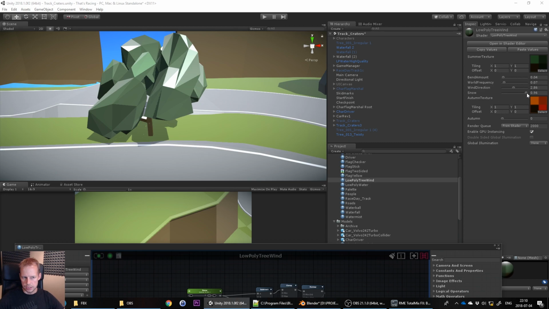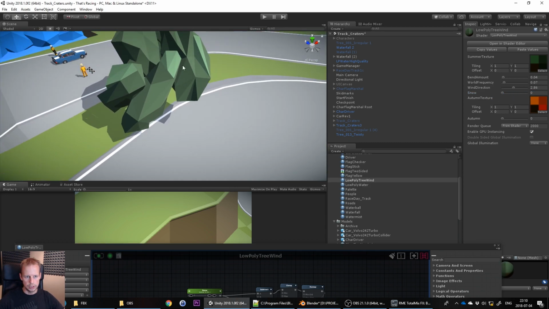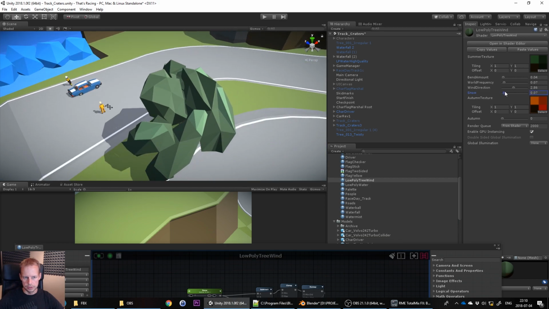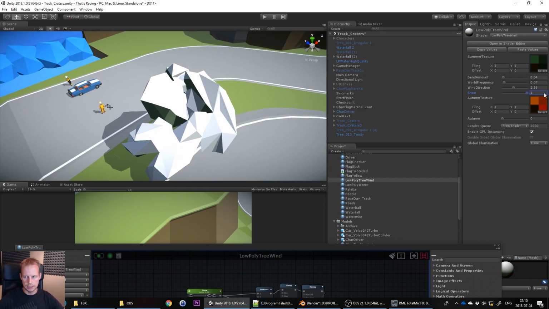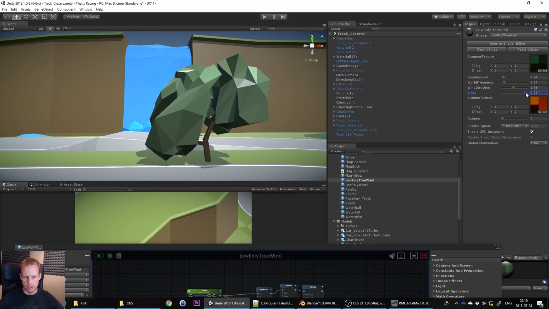I've created this snow slider. So if I drag this one down to 0, as you can see, there's no snow on it. Whereas if I drag it up, it starts adding snow on any faces that are facing with a normal that's pointing upwards. If I gradually go down. So basically,